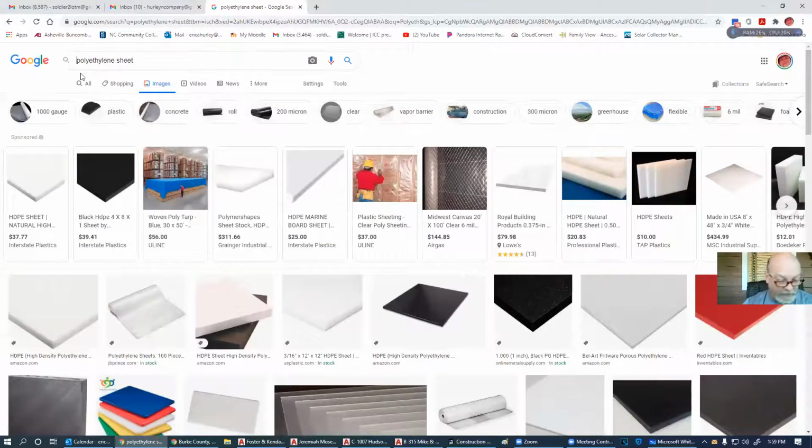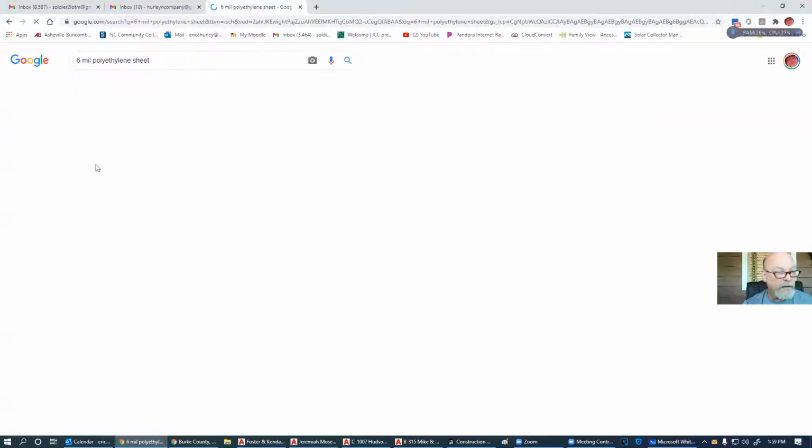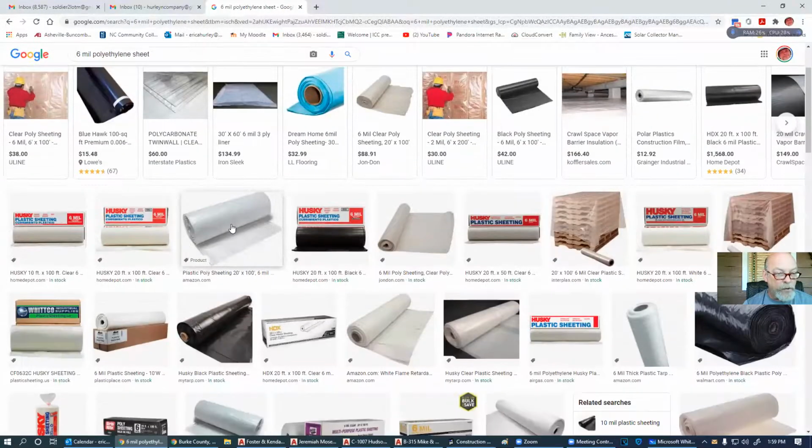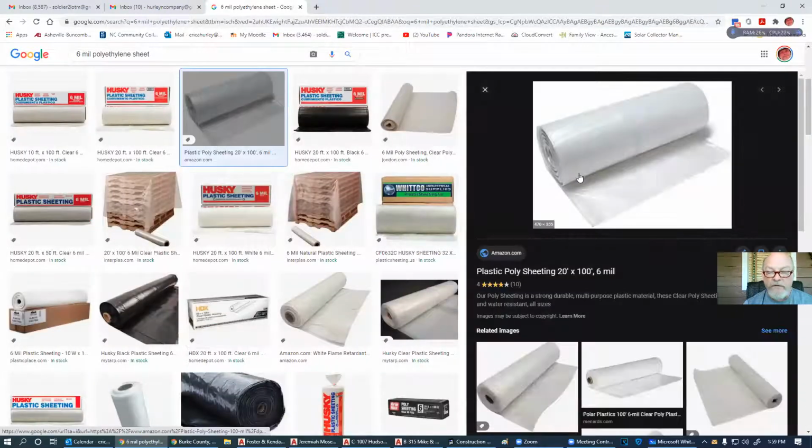Okay, so 6 mil minimum, 6 mil plastic roll. And if you put that bituminous coating on, and then put this plastic right on afterwards, it will adhere